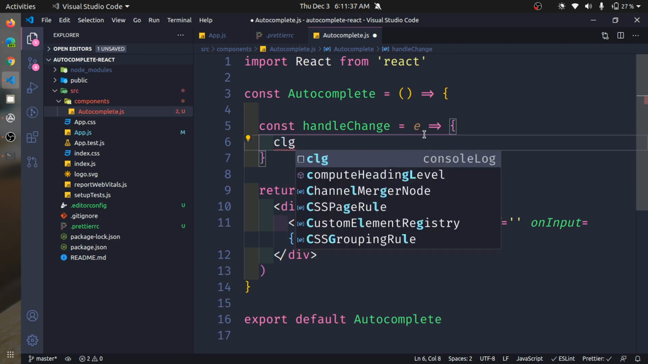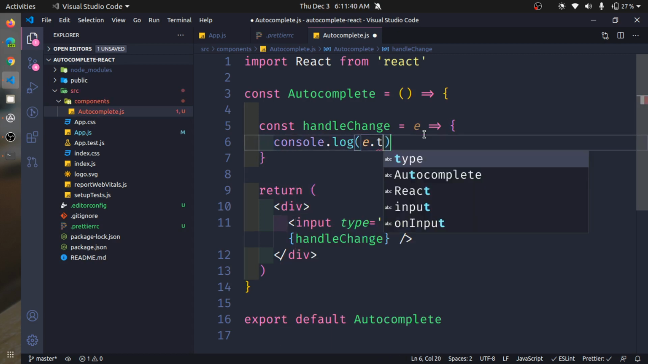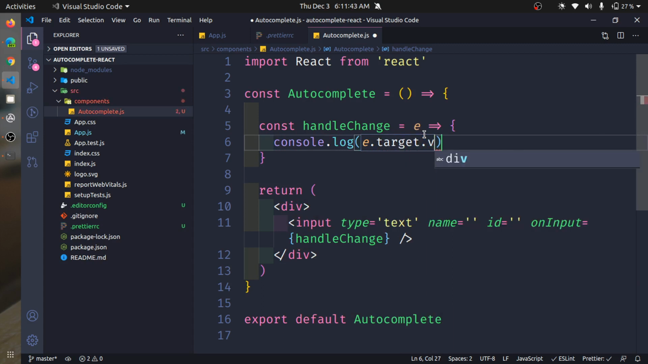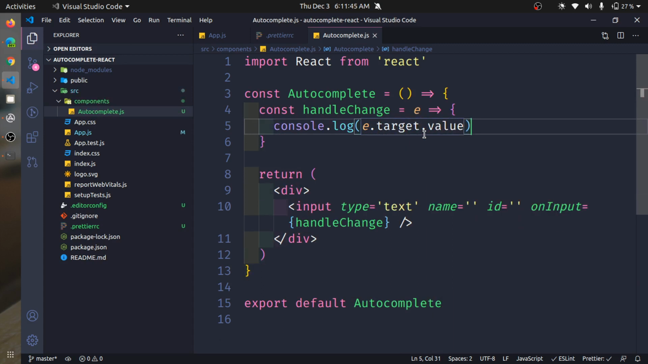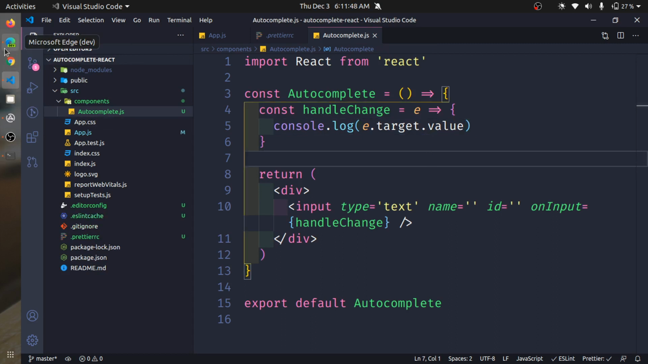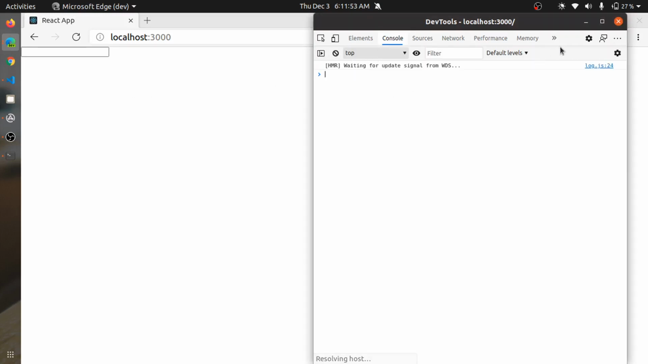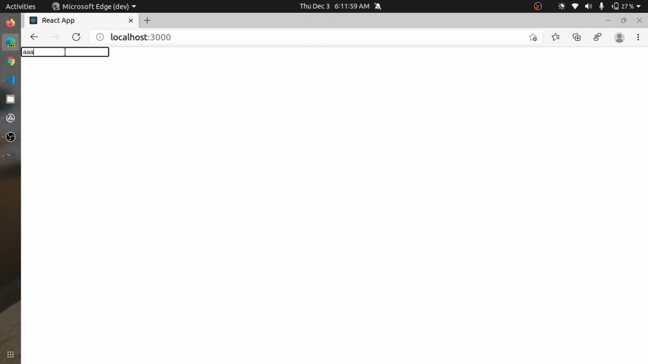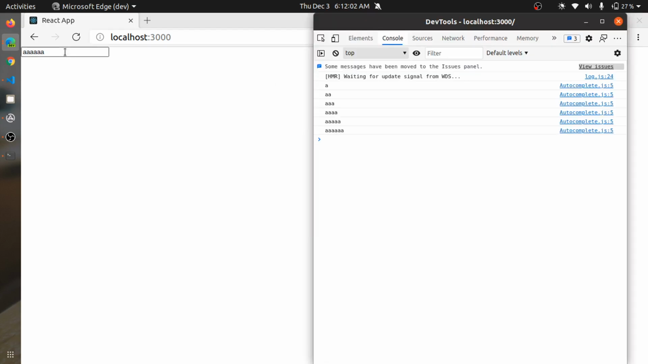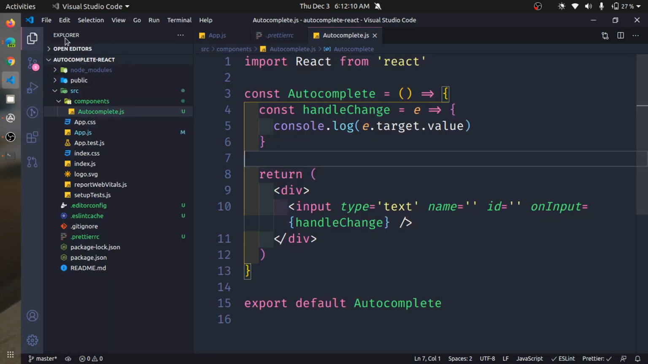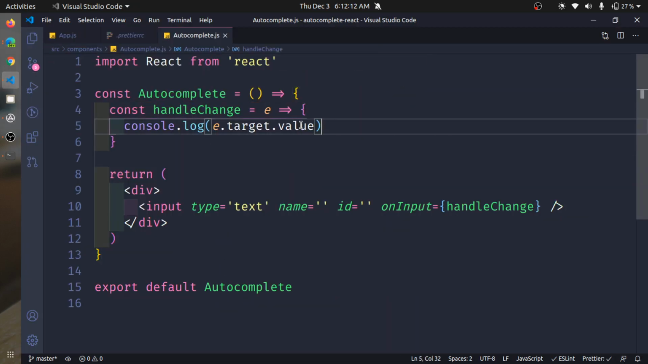Let's see if this is working. We will put in the console the event.target.value. Okay, let's go to Microsoft Edge, open the console. Okay, let's type something. Yes, here in the console. So let's get back to Visual Studio Code. We are taking the value, and now we